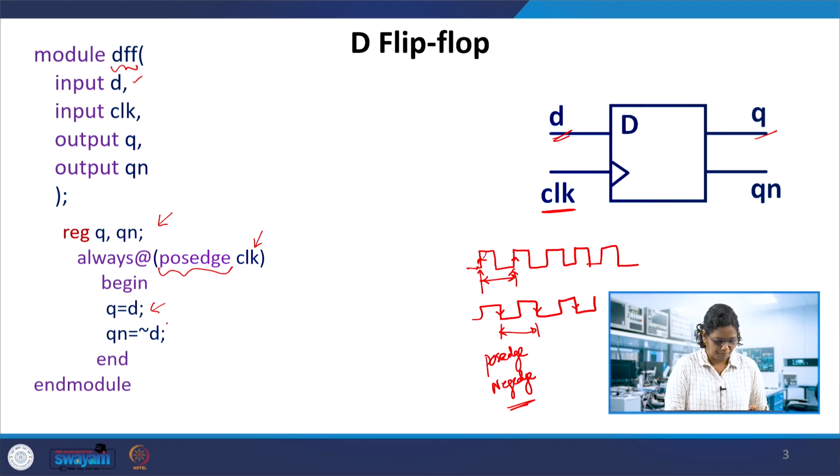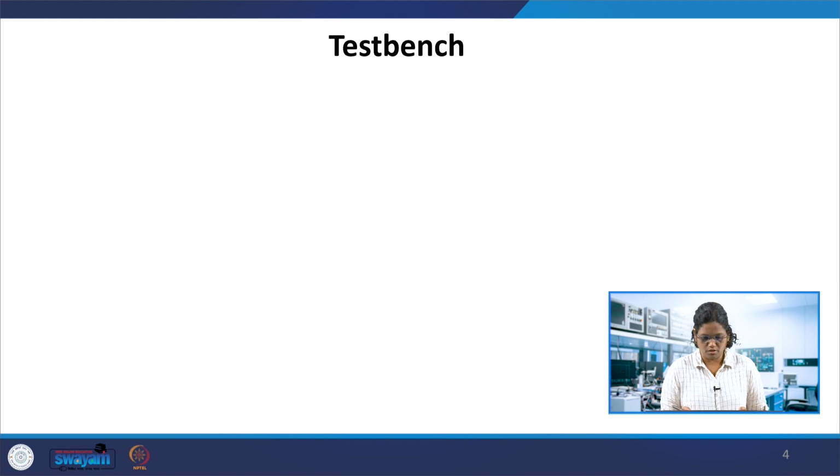So this is the flip flop characteristics actually made in the module, and you can see Q and Qn are getting the D values, so inside the always block, we declare them as registers, Q and Qn. So now let's see how the test bench works for this D flip flop. So till now we have not considered the reset in this D flip flop.